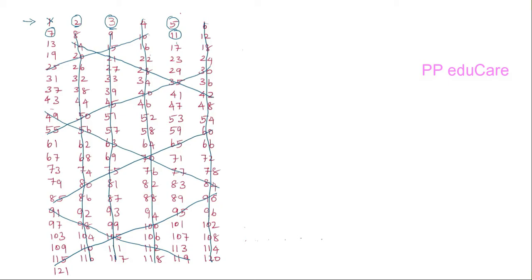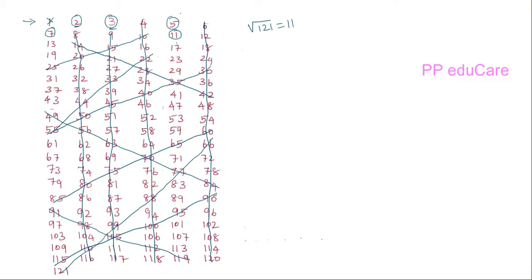Now find all the numbers which are divisible by the next prime number, 11. To find those numbers, start with 22. 22, 33, 44, 55, and the next row, 66, 77, 88, 99, 110, 121. Since this number matrix extends up to 121 and the square root of 121 is 11, we stop this process at this stage.